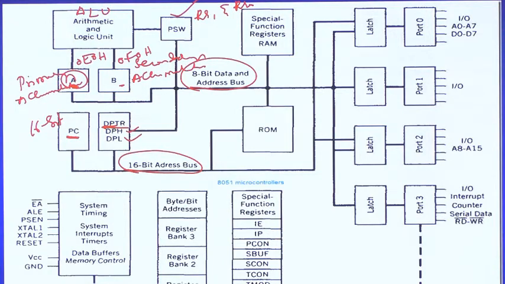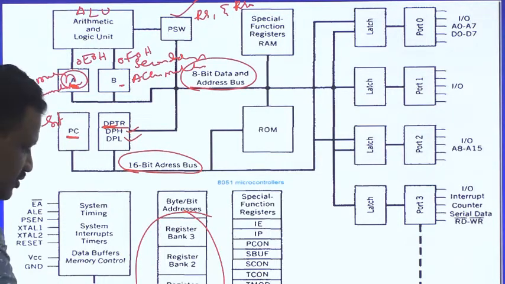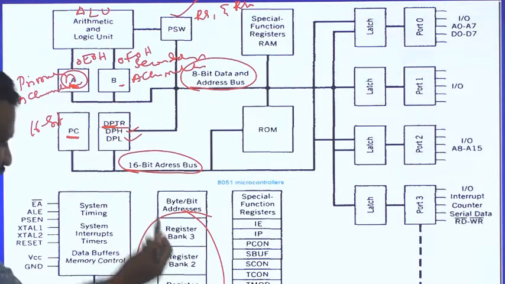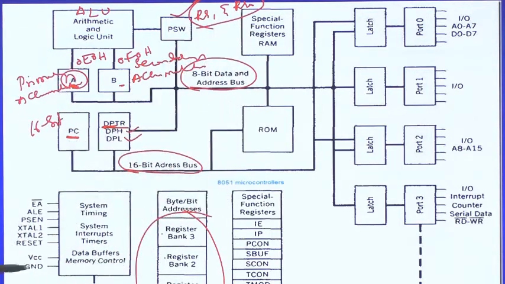RS1 and RS0. RS represents register bank select. Register bank select. In case of your 8051, there are 4 register banks. See here, friends. These are 4 register banks. Register bank 0, register bank 1, register bank 2, register bank 3. In order to address these register banks, I took the help of register bank selection bits RS1 and RS0. That means at any instant of time, I will select only one register bank out of 4. So later we can go and see the structure of that PSW.